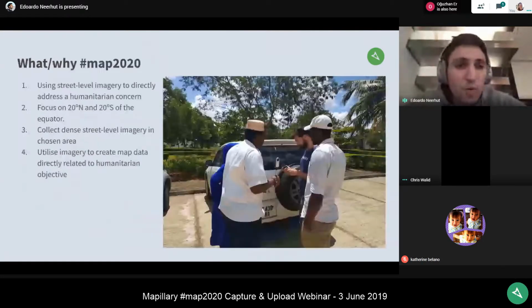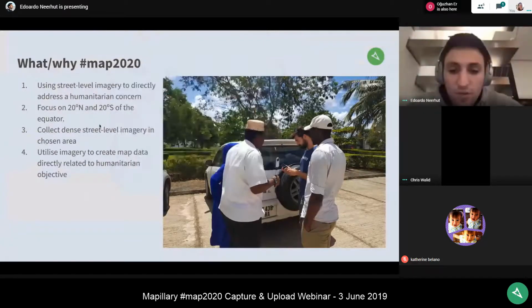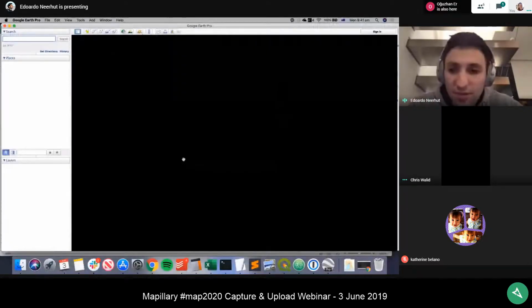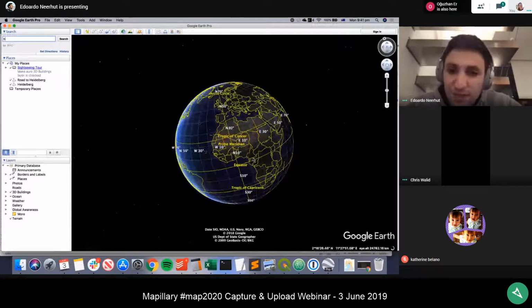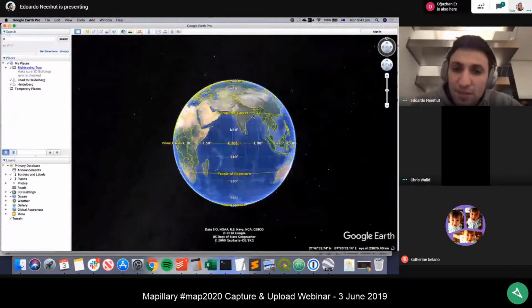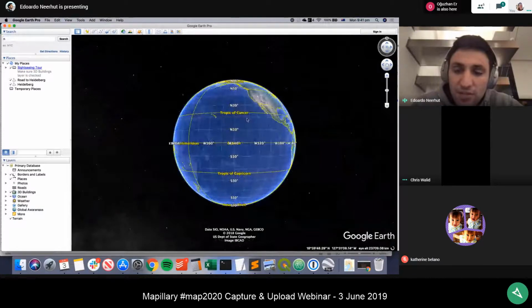As I mentioned before, Map 2020 is really focused on the 20 degrees north of the equator and the 20 degrees south of the equator. That's where you'll find a lot of the humanitarian disasters strike, partly due to climate and partly due to geopolitical and economic factors. If you see here, the 20 degrees north of the equator runs through sub-Saharan Africa and over Central America.